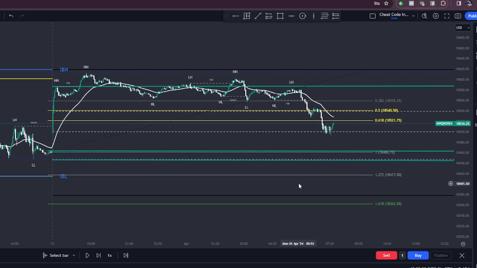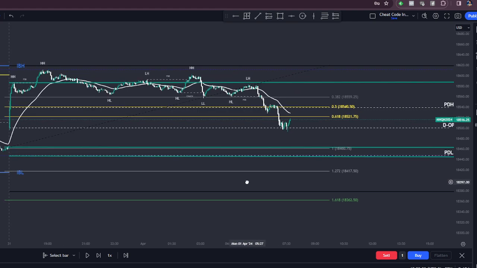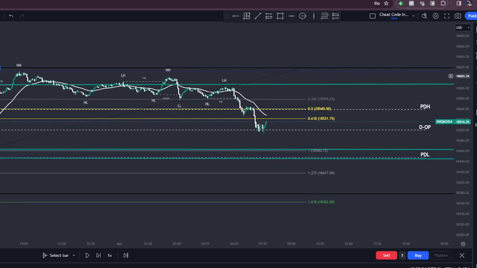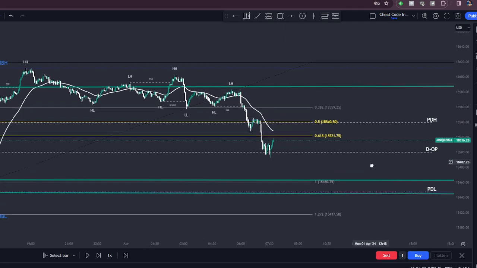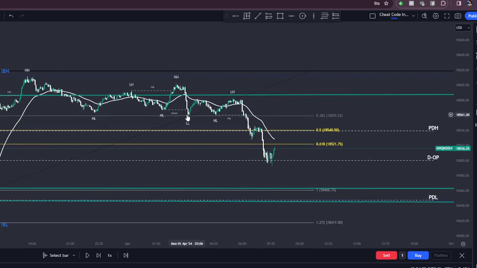This is M3. I do like to switch between M3 and M1. Sometimes I can see it a lot clearer, right? So we had our first break, right? We have the change of character, break in structure right here. And that was at 3 a.m. So if I would have looked at that prior, that's another clue here. So I'm going to take that low to the high